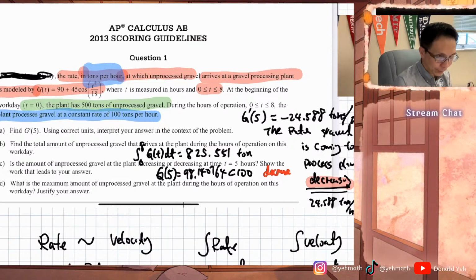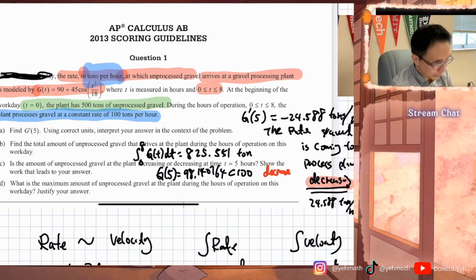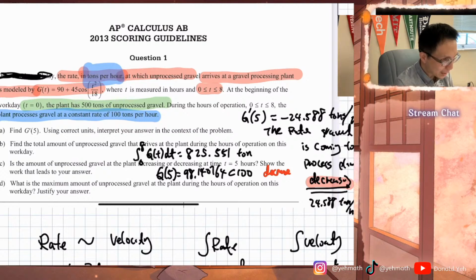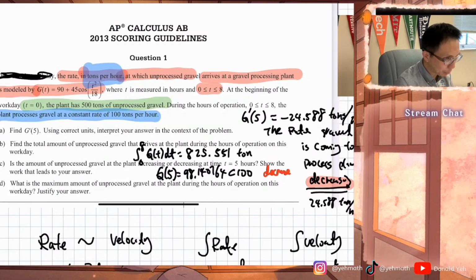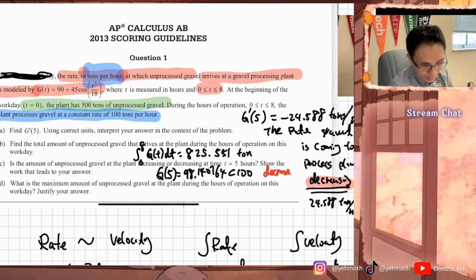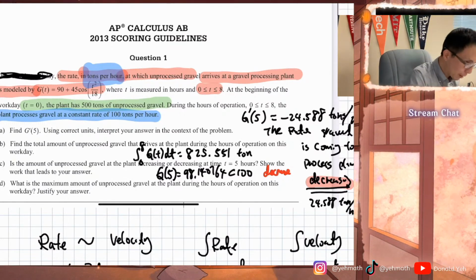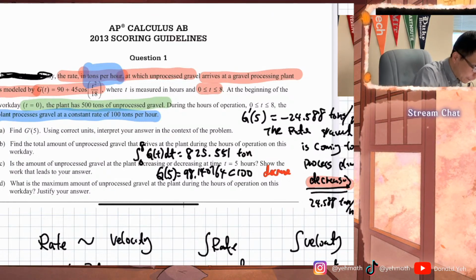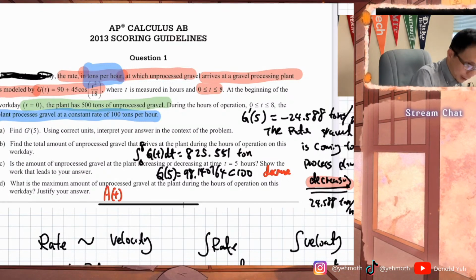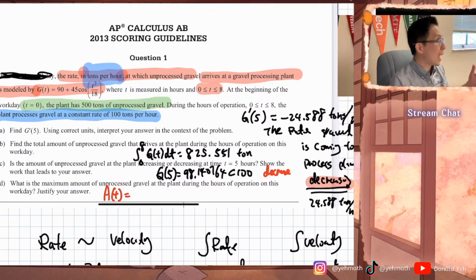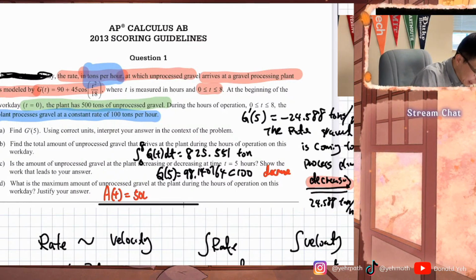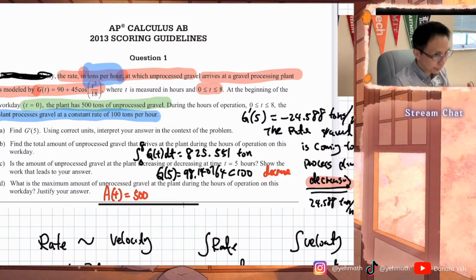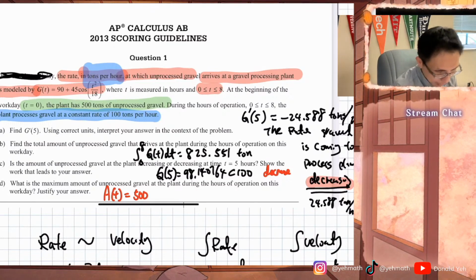Let me finish the last part. Okay, so the last one is what is the maximum amount of processed gravel in the plant during the hour of operations. So you have to take into account how much is the amount. So I'm going to write down the amount equation. This amount equation is A of t, which is equal to, well, depends on how much you have in the plant. It's going to be 500, right? 500, and plus